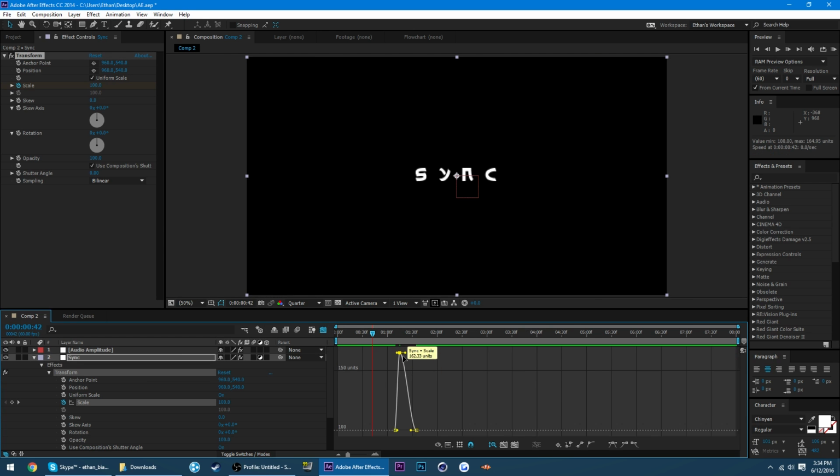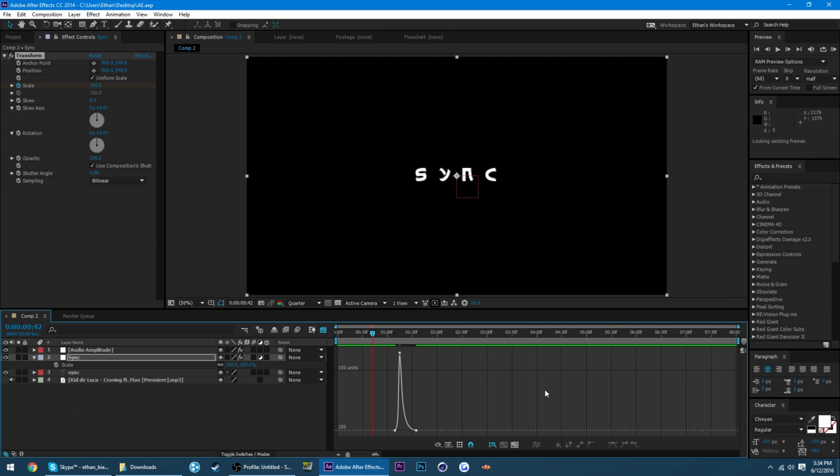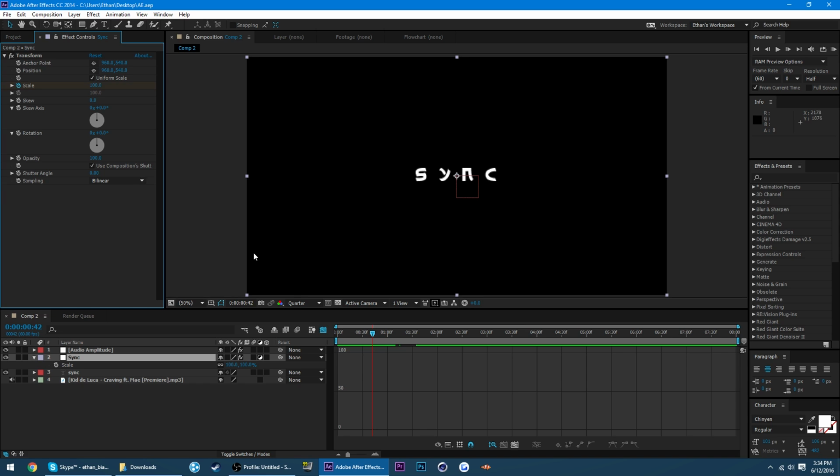Now click on the very top keyframe, which is up here, and then move these little line things with dots on the ends, like drag the dots like that, and then come over here to this keyframe and then drag this out as far as possible, and then come over here and drag this one as far out as possible, and then boom. I just realized that's at full. Put that at half. And boom, you have a